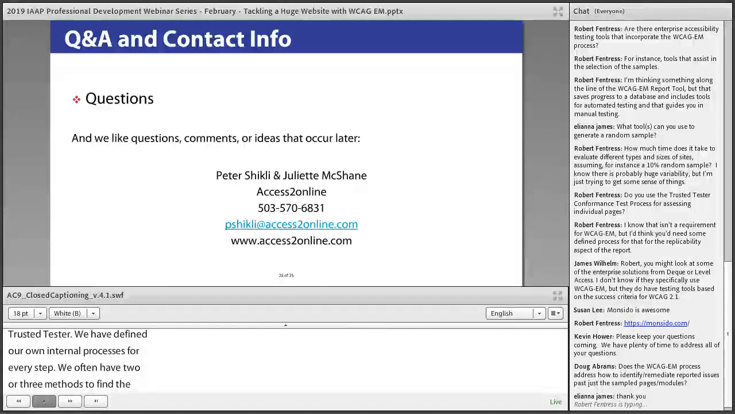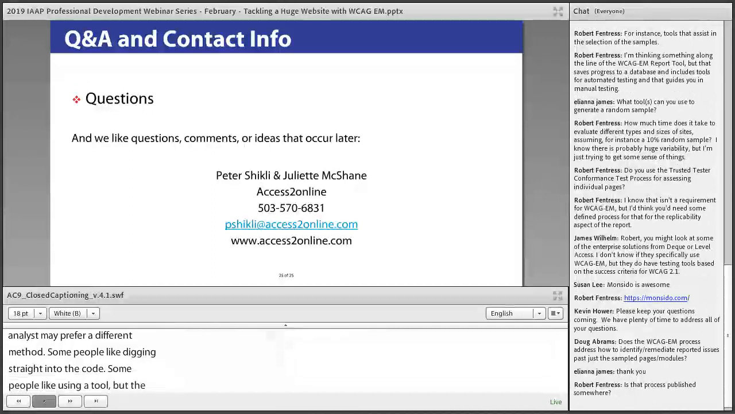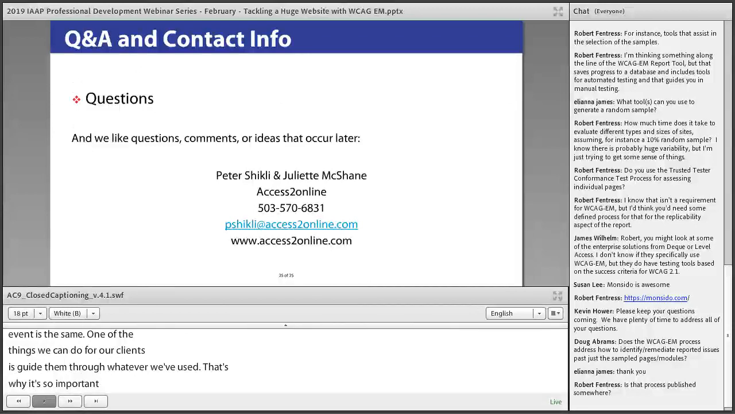And each analyst may prefer a different method. Some people like digging straight into the code. Some people like using a tool, but the result is the same. And one of the things we can do for our clients is guide them through whatever we've used. That's why it's so important to record the browser and the methods used and who did it, and be really firm in your understanding, so that if someone comes back and says, hey, I don't understand how you got this,